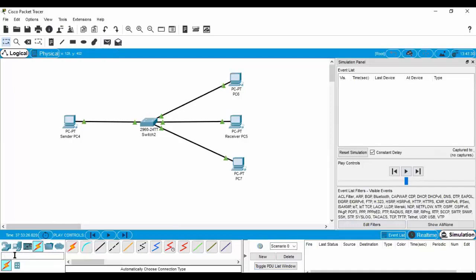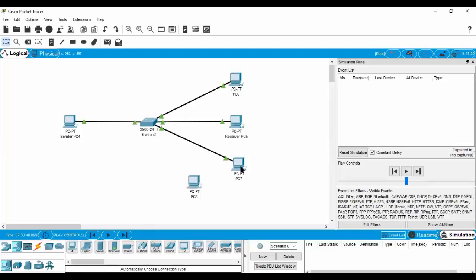Now I'm just telling you that suppose a new node comes in between. This is a new node which has entered our network. Now this node is not known by other devices. So I have given an IP, something like this, and now this node has to be discovered by this switch.